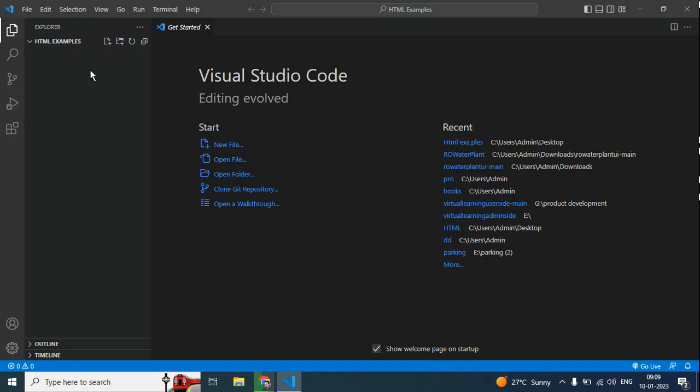Now coming back, we shall start with HTML. Now you have this folder which is empty. Create a file. This is a folder. Create a file. Click onto the first one. So here you can write